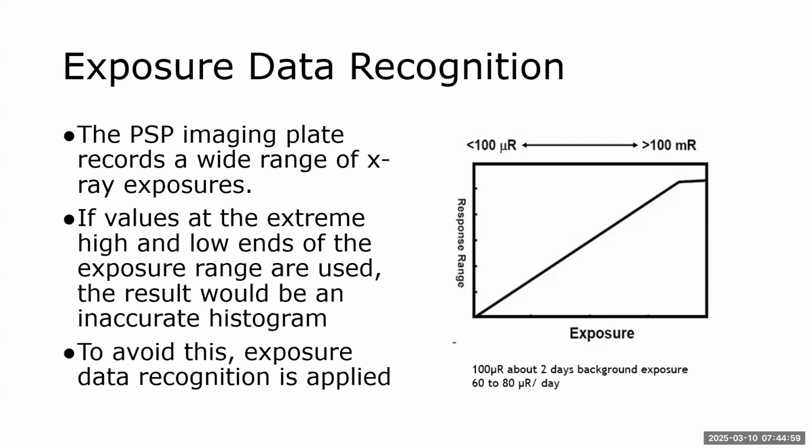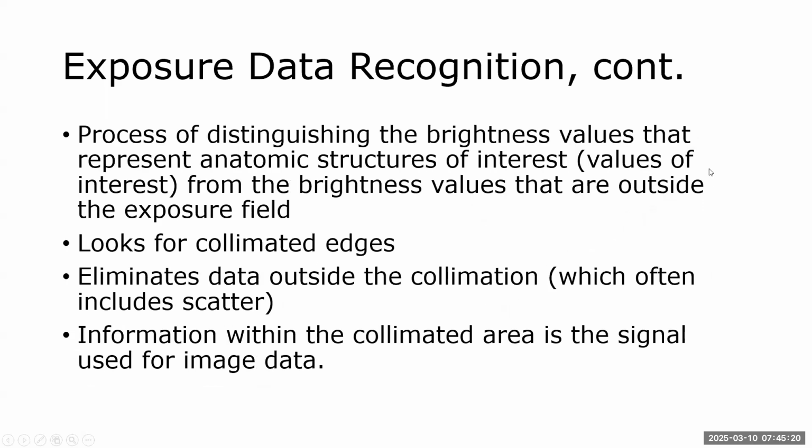All right. So exposure data recognition wants to recognize that data that is valuable to us. What are we actually looking for? So it's going to exclude these very low exposure levels and these very high exposure levels,